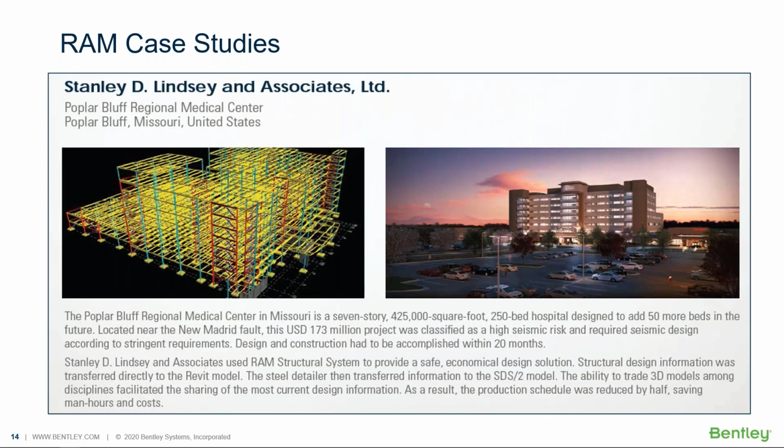On the left side of the screen, you can see members shown in red color, blue color, yellow color. Okay, this is a completely steel building except the foundations. You can see the red color members are lateral members, and the blue color members are gravity members. The yellow color members are gravity, but they are composite beams. Okay, so the ability to model both lateral and gravity members makes this RAM structural system a specialized product